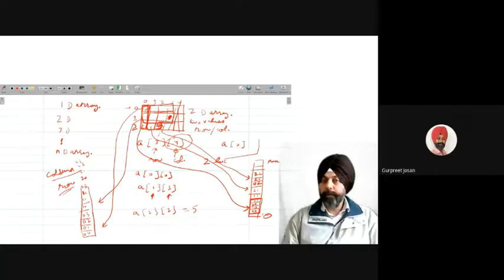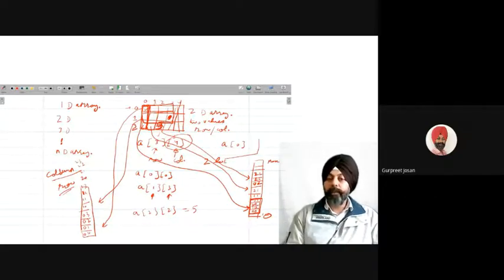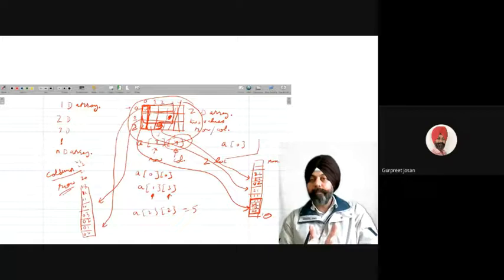Got my point? Any doubts till now? No, sir. Okay, so there are two ways to store the array into the memory. Because our memory is linear, this is the conceptual view. Conceptual view means it is in our mind. Actual storage is linear.